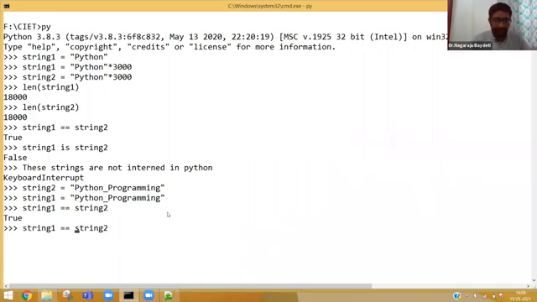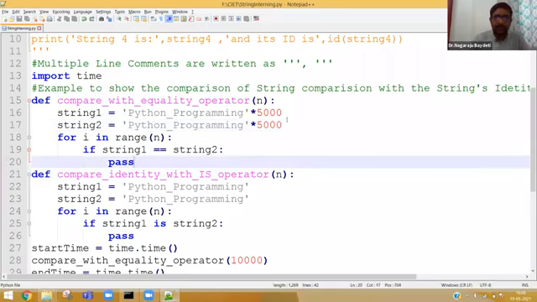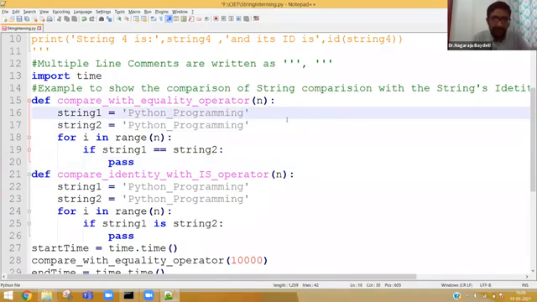Similarly, both are true. Now we want to know the time difference. As I told you, the time taken by double equal to is more than the is operator. How to identify? To identify the time difference, let us try Python programming with double equal to and also the is operator for 10,000 times.